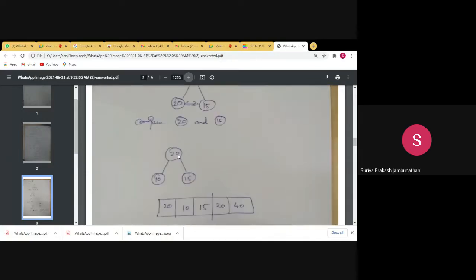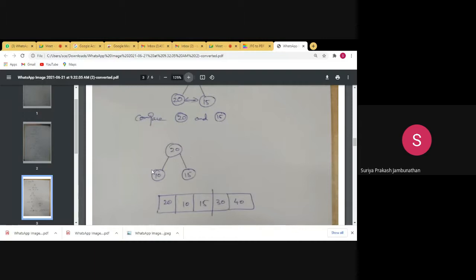Okay. So we are getting the structure of the tree like this: 20, 10, 15. As of now, these three are in the heap, and we have two extra spaces. In that extra space, we are keeping 30 and 40. 40 is the first deleted element, and 30 is the second deleted element. Keep in mind, 40, the first deleted element, will be put at the last, and 30 is the second deleted element. Next, we go on to delete 20. So 20 will come before 30. Before 30, you have to keep 20.